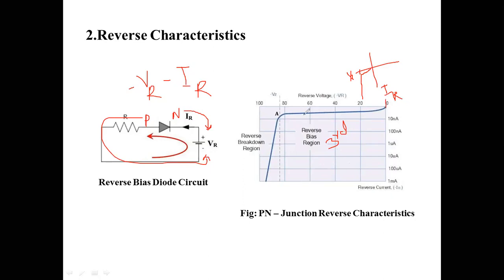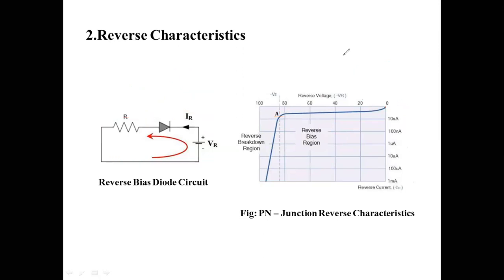You can see from 0 till reverse breakdown voltage, current is slowly increasing in the reverse direction. This is a leakage current, but after breakdown there is a region they call the reverse breakdown region. Here current suddenly increases in the reverse direction. You can see nanoampere to microampere and milliampere, means it is increasing in the reverse direction. Okay, this is the reverse bias or the reverse VI characteristic.